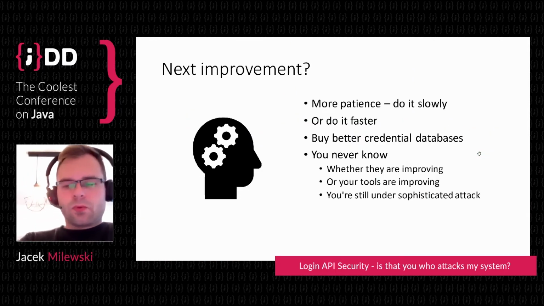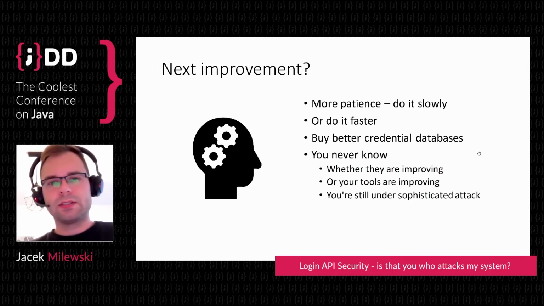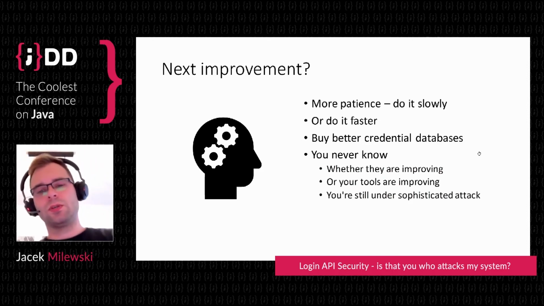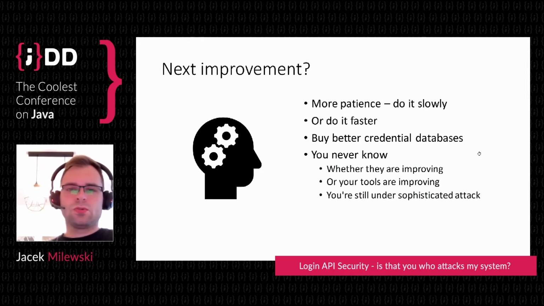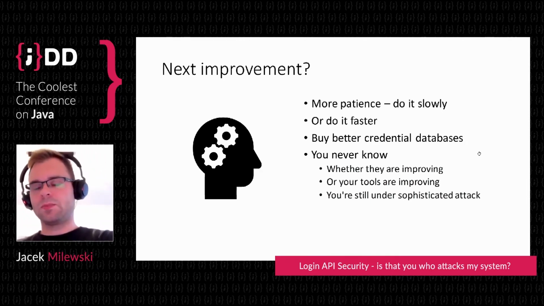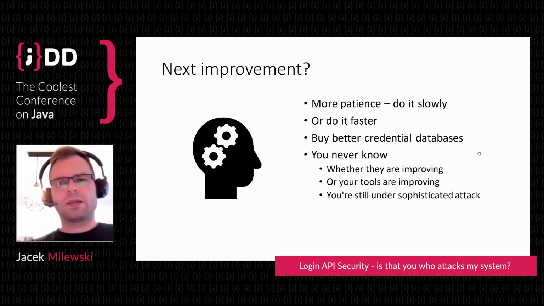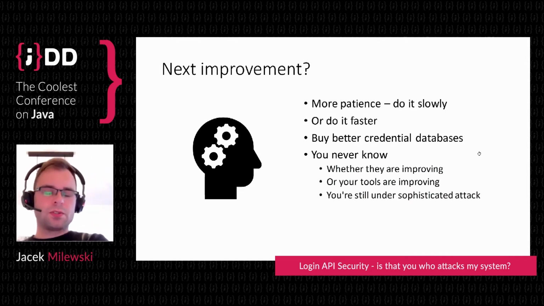So we know that attacks are still improving. We are, let's say, forecasting some ideas that attackers might use to improve. The first thing is to do it slowly. We do notice traffic spikes because they want to check their database fast, because they pay for a botnet network. If they do it more slowly, then maybe they will do it unnoticed, because our alerting thresholds would not be hit. Or maybe they should do it faster, so that our blocking rules will not have time to fire.